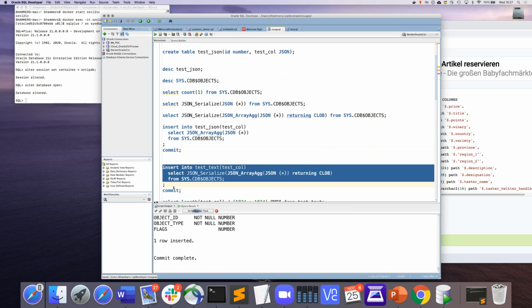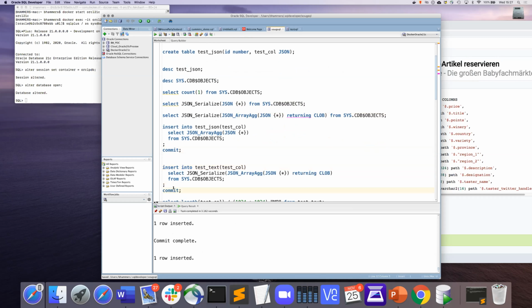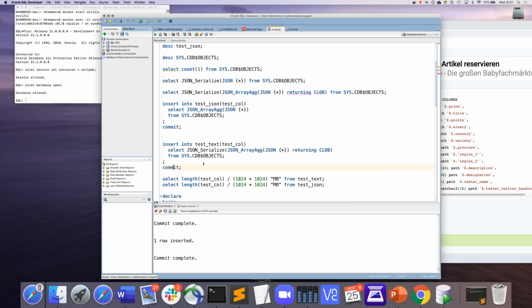And by the way, this is a demo, things could go wrong. Okay, so one thing we could do is see, well, what is the length? How long are my text JSONs? They're almost 13 megabytes. So again, it's one big document. And the binary JSON type has about 8 megabytes. The main reason for this, and this is why I picked this big array, is that we do not store these repeating key names.